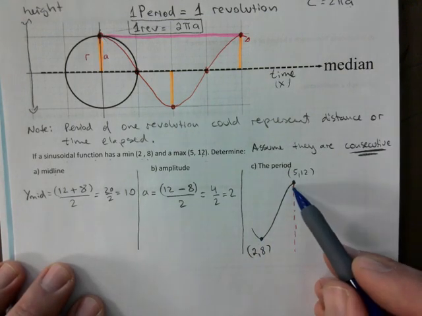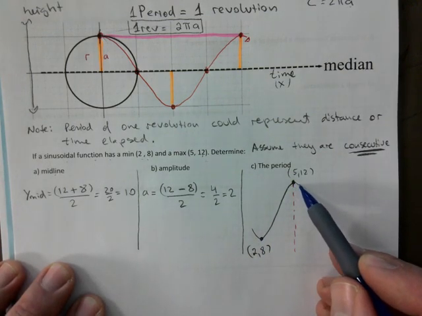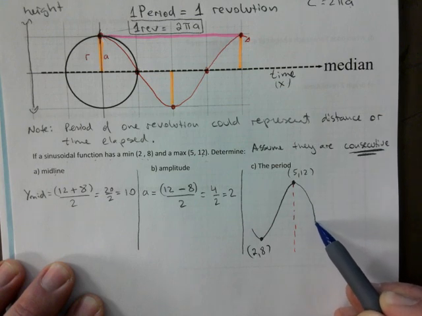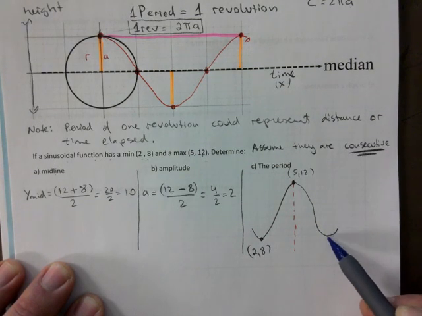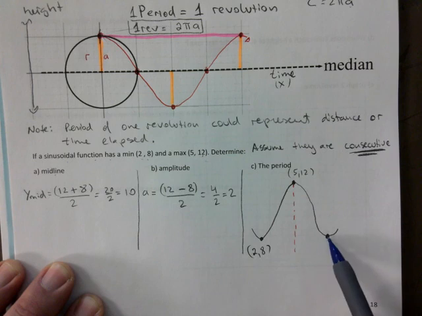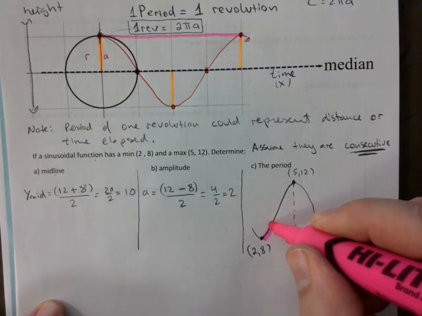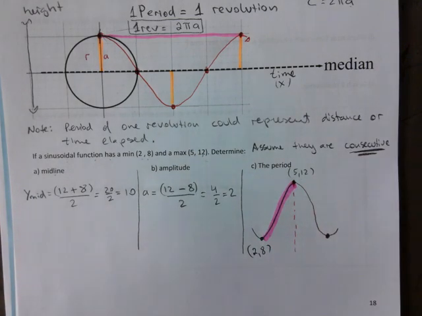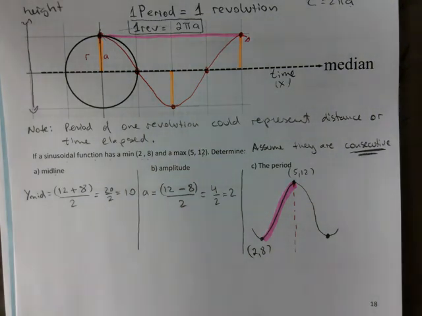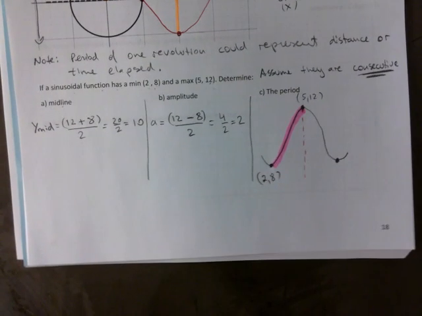From the min to the max, that is not a full period because we know this thing comes back down. And it's only here, right, when you get to here that you have your full period, right? The distance from here to here. Okay? So this is given. This is all I have, though. I have half of a period there. And really, all you need to do here is